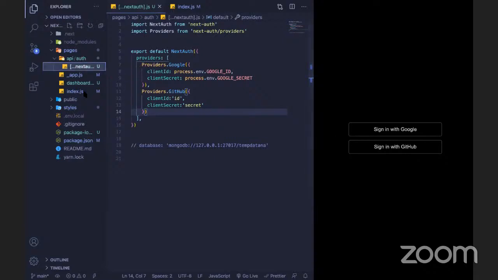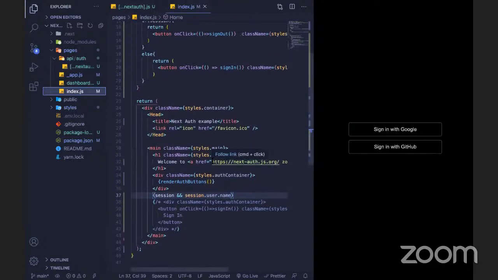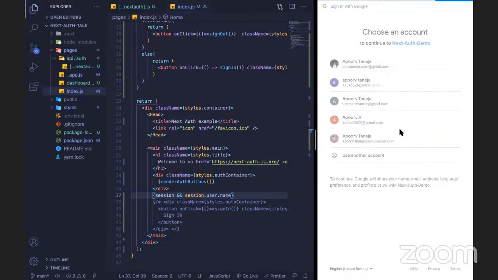Now imagine you're building the application in which you just want to log in with Google, but you don't want the user to go to this black screen and click on sign in with Google, so it becomes a two-step process. You just want a simple sign in with Google option on your website, so that whenever user clicks on this, it directly opens that Google authentication page, which we saw right now. So to implement that, what we'll do is,